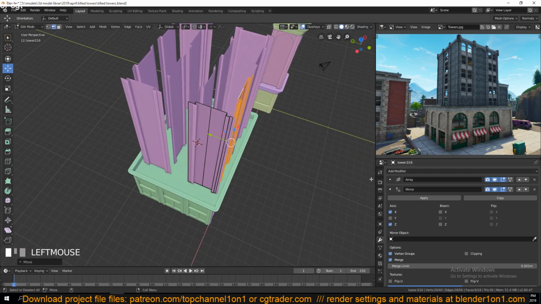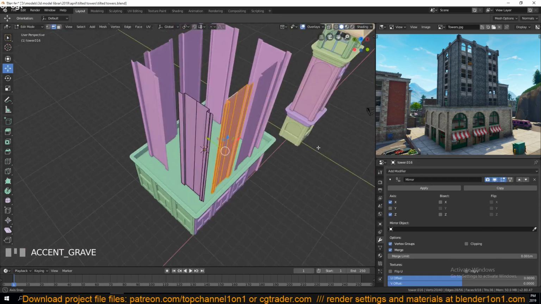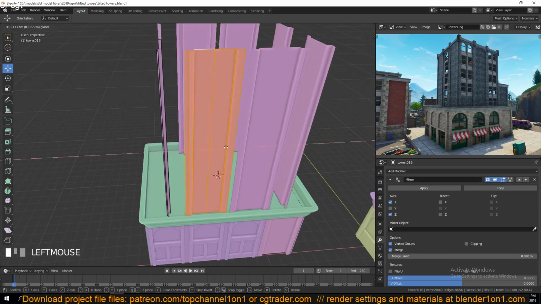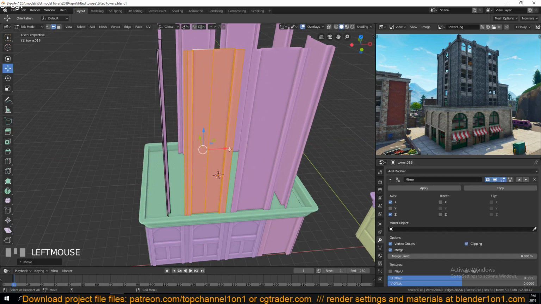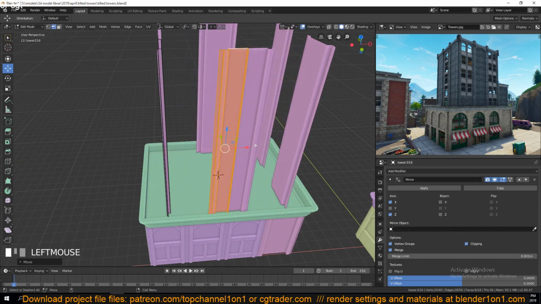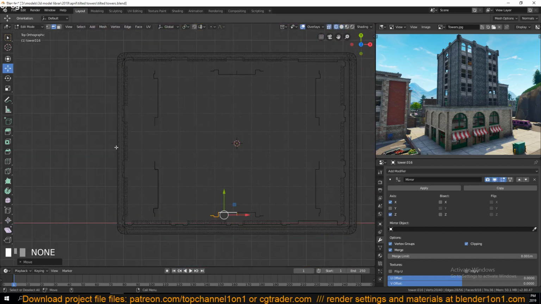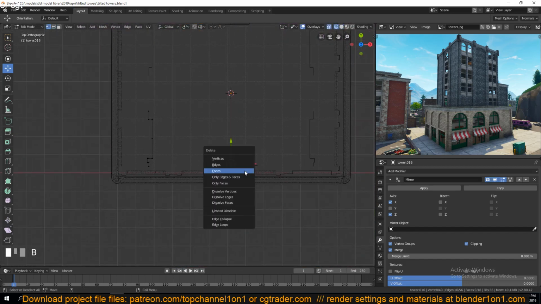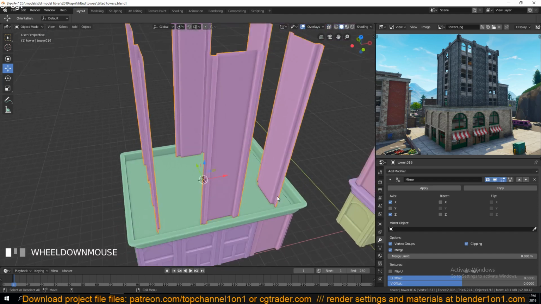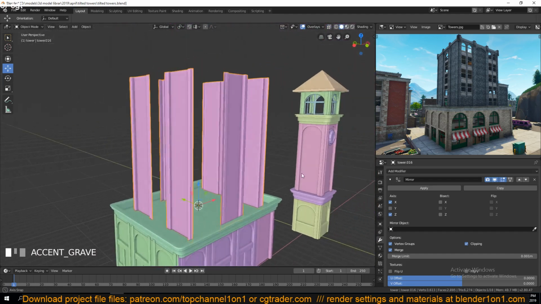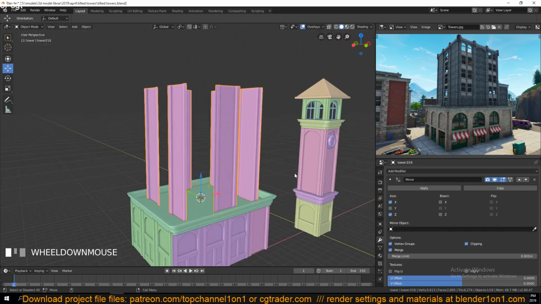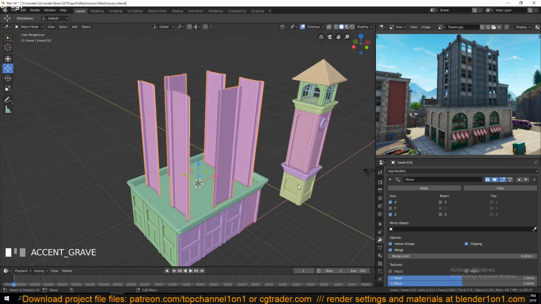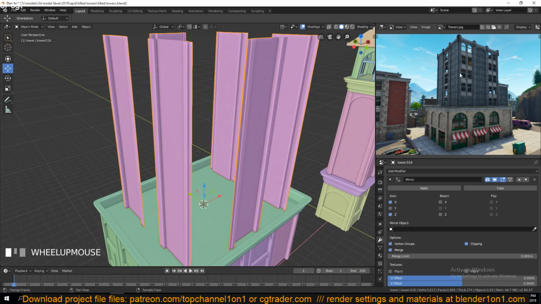The problem is we have the array modifier, so let me first turn that off. If you're working with mirrors, you can turn on clipping so that the polygons on this side don't intersect or move to the opposite side where the mirror is, like that. Now we need to delete the polygons that we are trying to go through, like that. So this would be this part here,